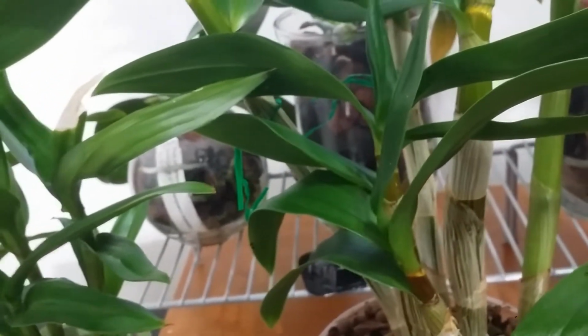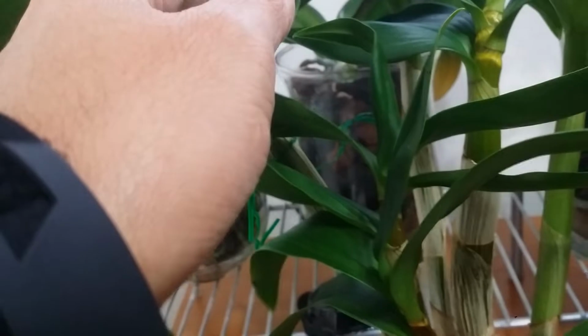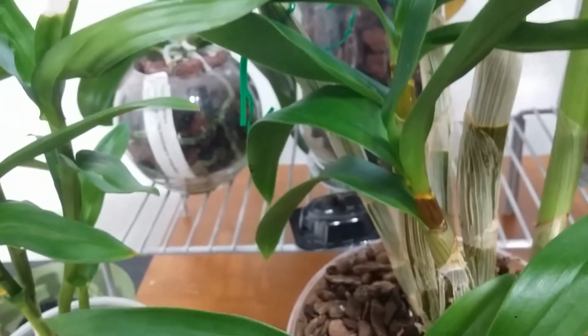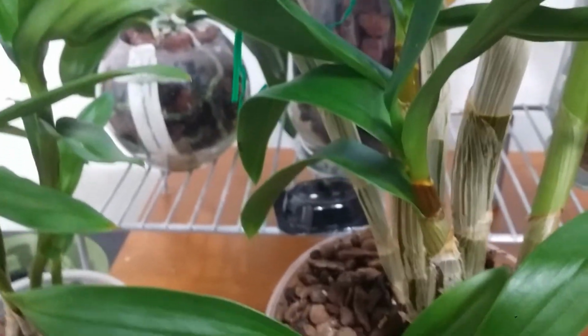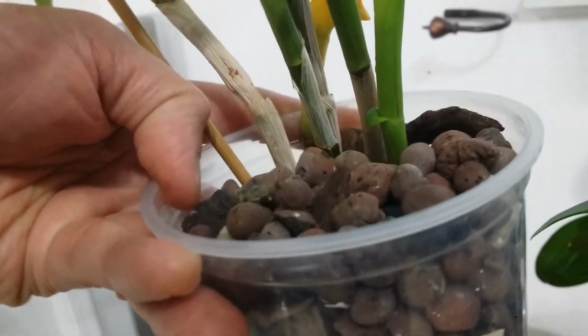I decided to take it out from its glass vase because I think the plant has grown so many canes that it's hard for me to turn it over every time I have to remove the water. And next to that, another plant that is removed from the glass container,